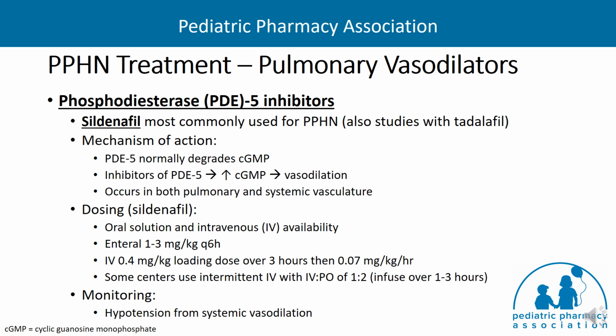Intravenous sildenafil is commonly given as a loading dose of 0.4 mg per kg over 3 hours with a continuous infusion of 0.07 mg per kg per hour. However, there are some issues with IV compatibility, although some of this has improved with some more recent studies, but still some centers utilize an intermittent dosing strategy with a PO to IV conversion of sildenafil of 2 to 1, and then they administer those intermittent doses over 1 to 3 hours